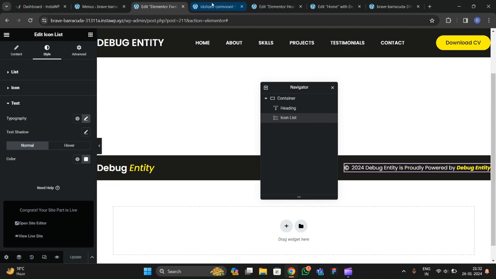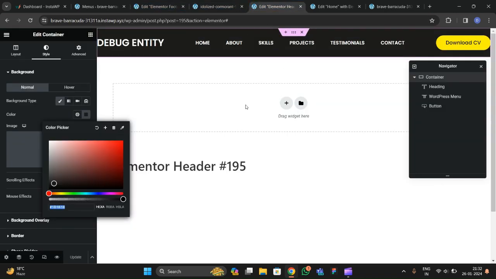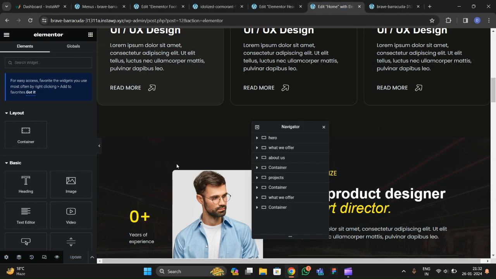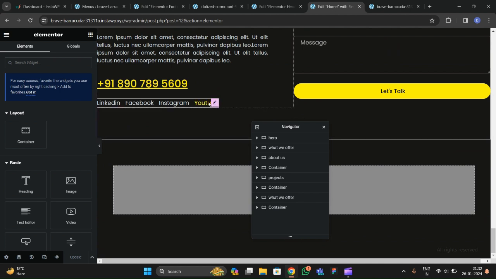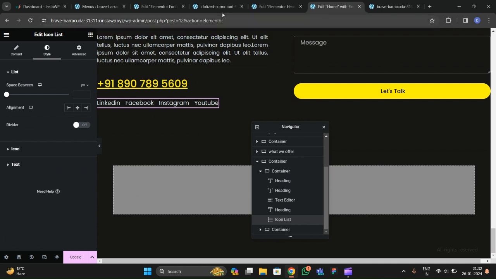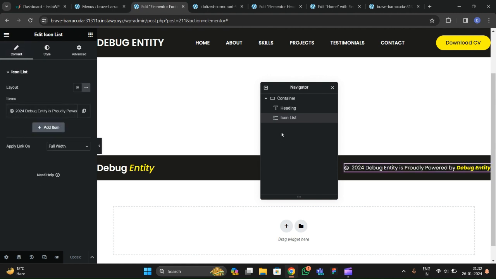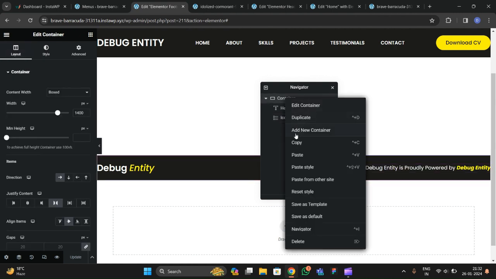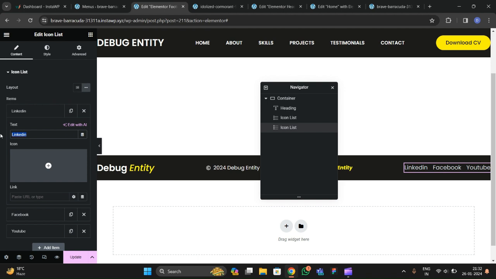Okay, so this is rendered. Now we have to make these links. So for making the links, what we can do, we can go to this arrow, and from here, as I told you, we can copy any part of the section from any page to anywhere in Elementor now. So we have to go here in the container, and now we just have to paste it, so it will be automatically copied. We just have to remove this, and here we're gonna write